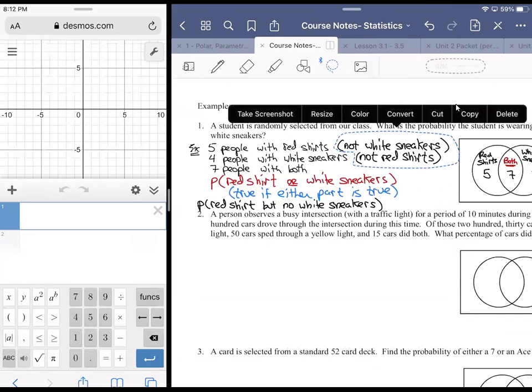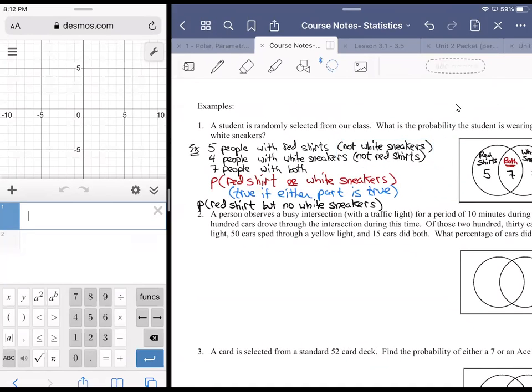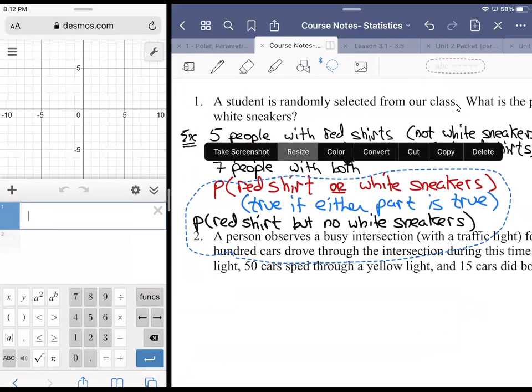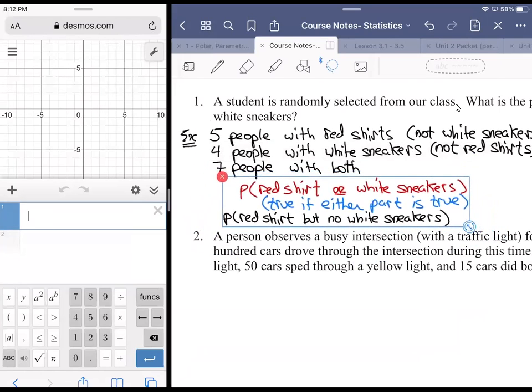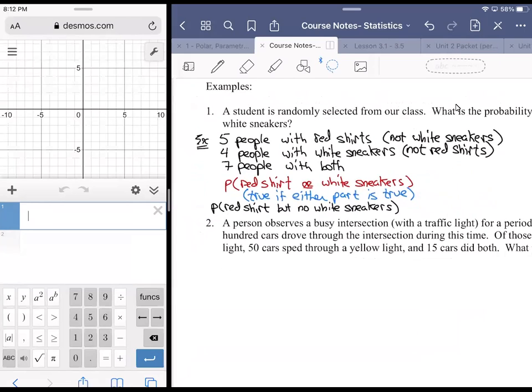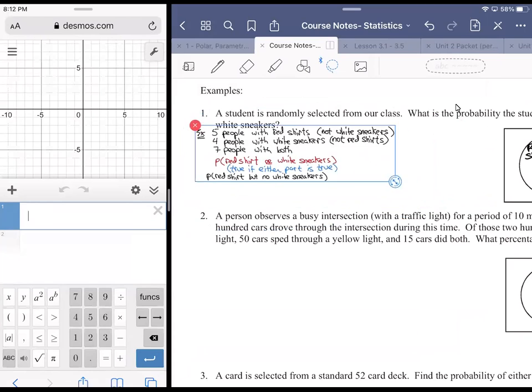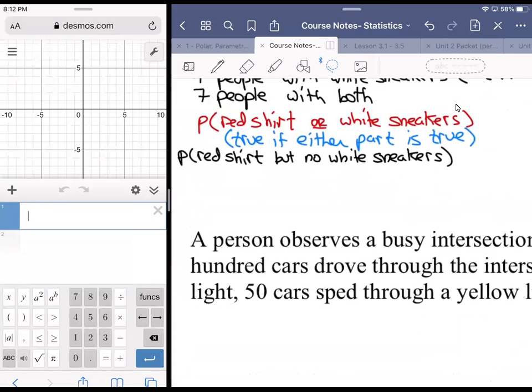I'm going to just kind of shrink a little. I missed the dot. Bring it in. There we go. Now I'm going to shrink it all down. And then extreme close-up. All